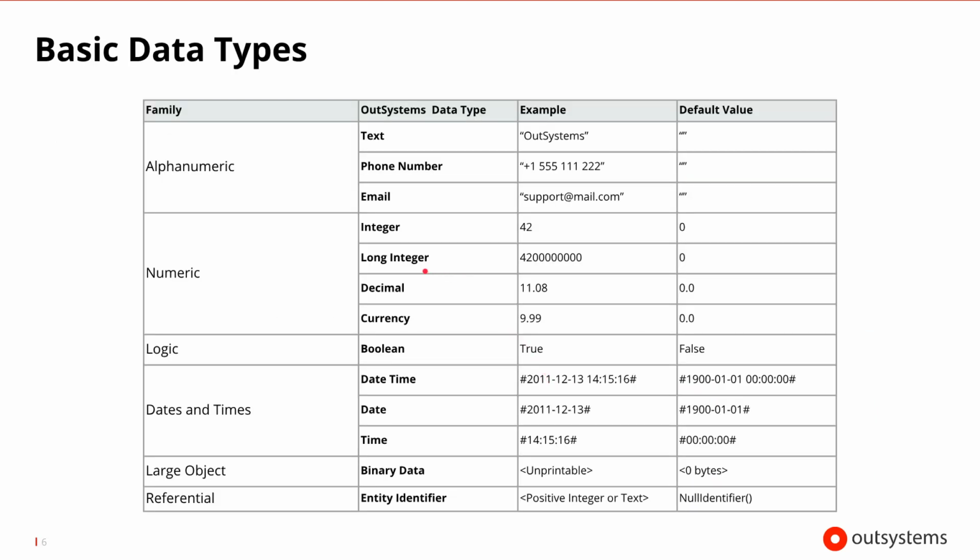Now, the basic data types inside of OutSystems that we can select from are, some are alphanumeric, like text and email and things like that. Some of them are numeric, like integers and decimals. Some of them are based around logic, some are focused on dates and times, and then there is that special referential attribute, which we call the entity identifier. So here you can see all the different basic data types that OutSystems supports, some examples of what those are, and